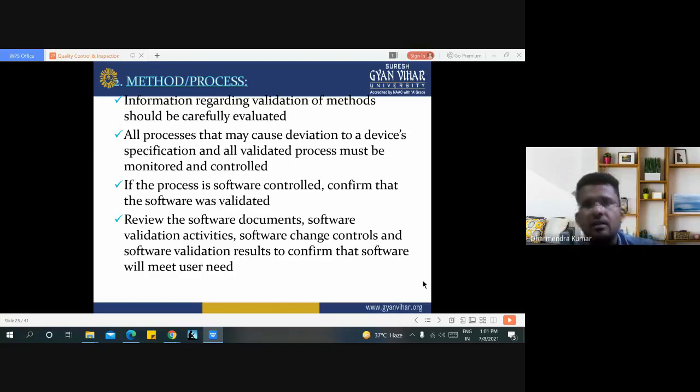Overall, examine that particular type of software, and in the last we make sure that it meets user needs or not.